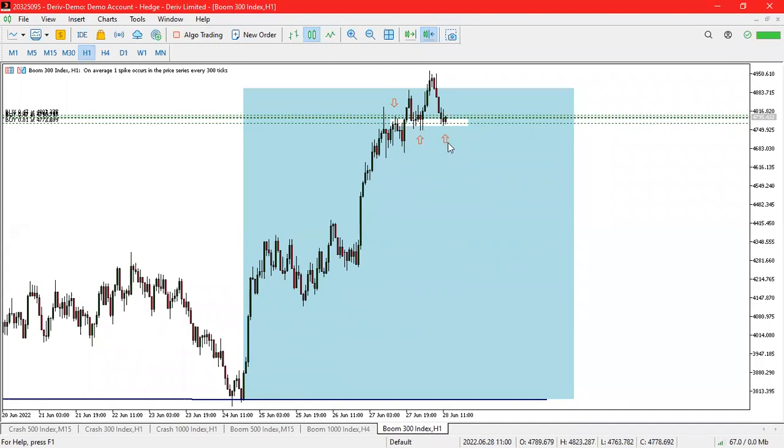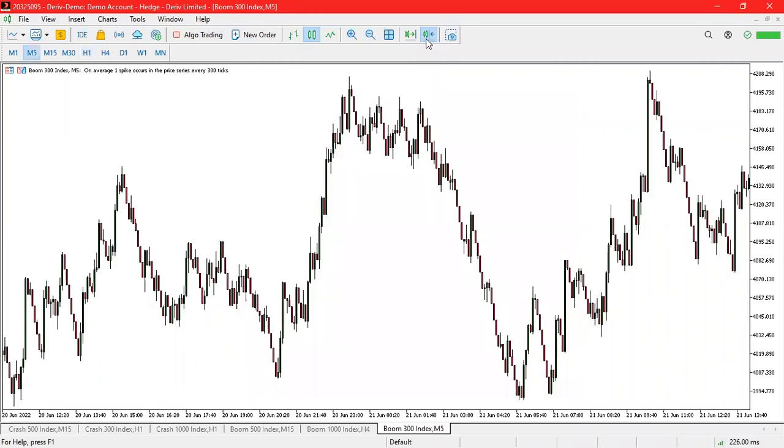And then from there, it's fine. You got two entries, and if you decide to miss them, it's fine. So if you check here, I drew this level, the market was still coming here, and then check what happened, it rejected exactly that level. If we go back to 5 minutes, let me show you.